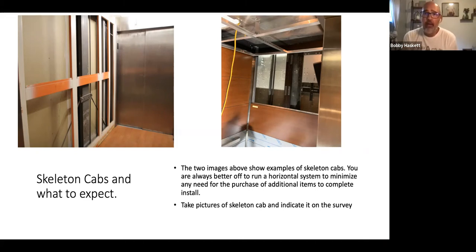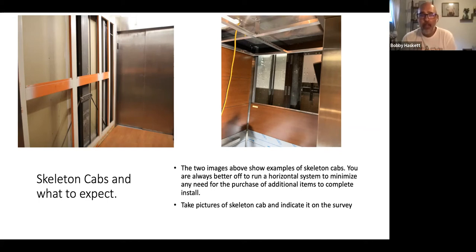The most common that you're going to find out there is going to be your wood shell, a metal shell, and then a skeleton cab. I've got a couple pictures up here on the screen of the skeleton cab. This is probably the one that I see causes the biggest problem, and a couple reasons for that. The first reason is it wasn't checked in the beginning of the ordering process. But if you order a vertical system, very few times is it going to work in a skeleton type cab